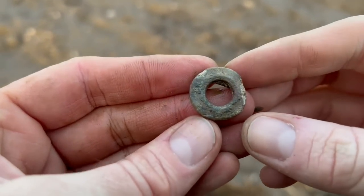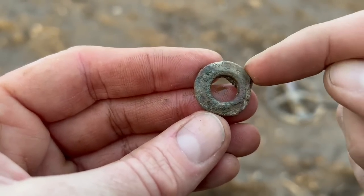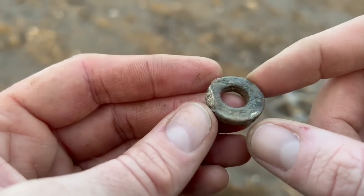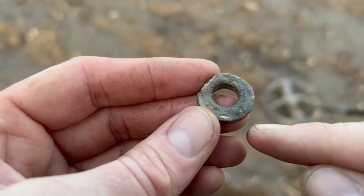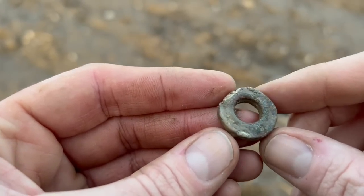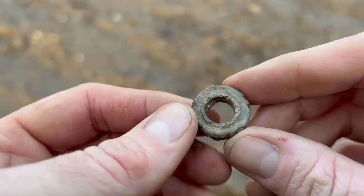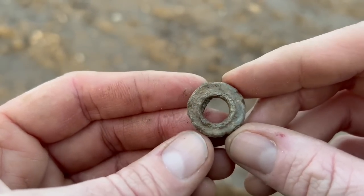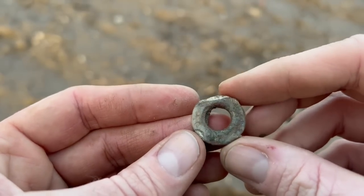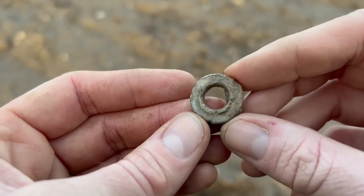Thankfully, I did remember my water bottle. There's a little circle, looks like a cross there. Now, it could be a triangle or a letter A there, maybe, I don't know. Maybe just coincidental damage, but I'm not sure on that one. It's lead. It's crudely made. I suppose maybe it could be a hem weight for a dress, but also it could be some kind of spindle whorl,